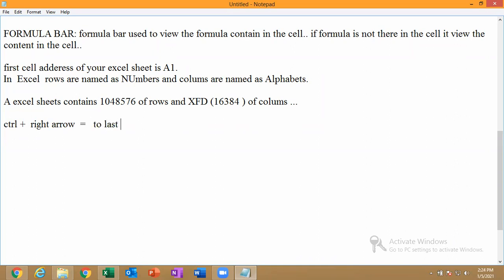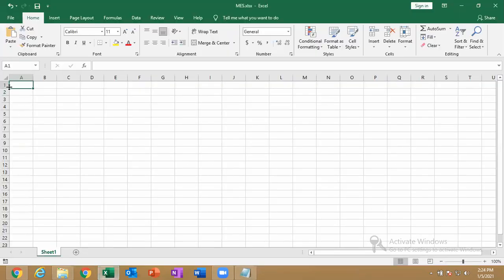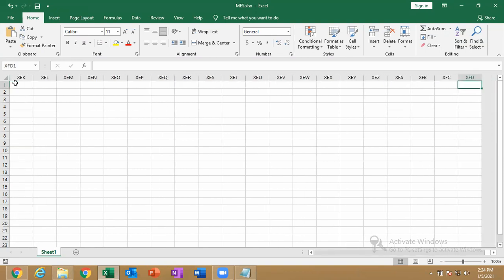To the last column. Just check it out. Press and hold the control key on the keyboard. Just press the right arrow mark. So it goes to the last column, that is nothing but XFD.